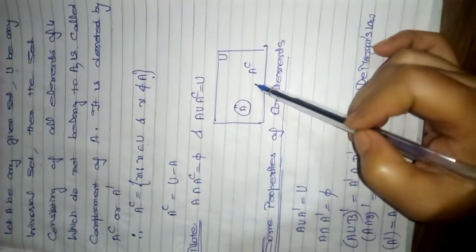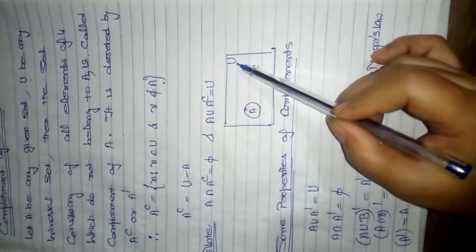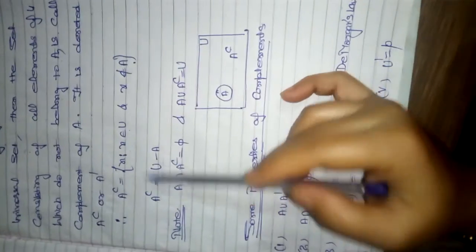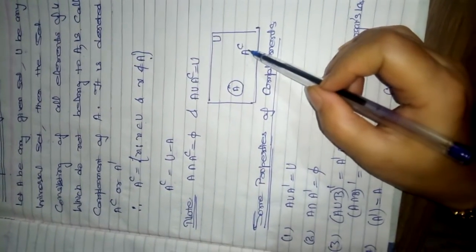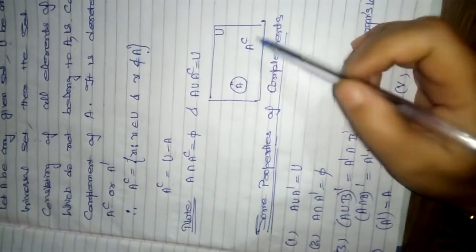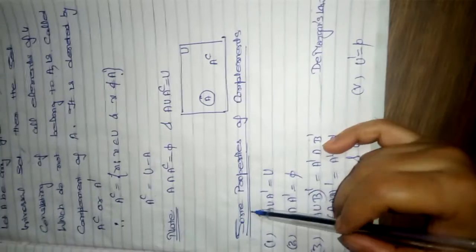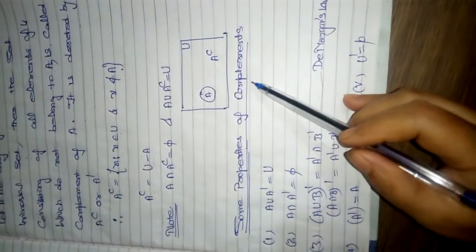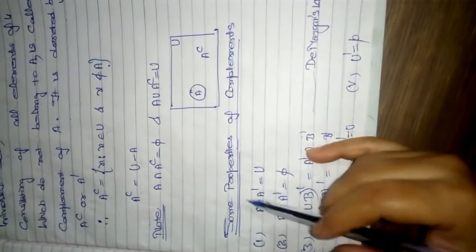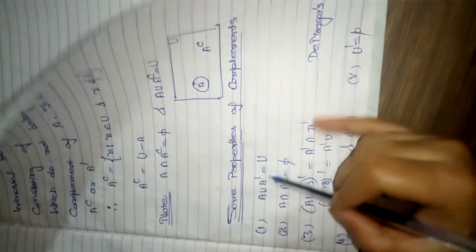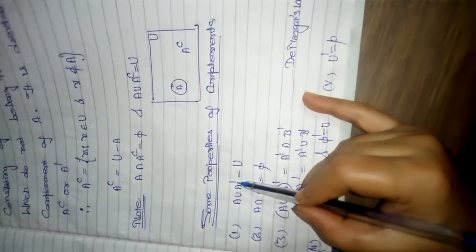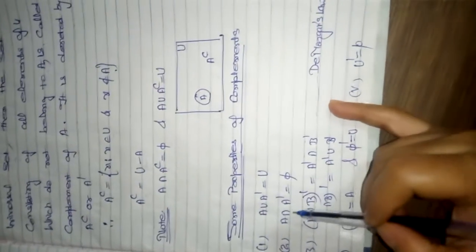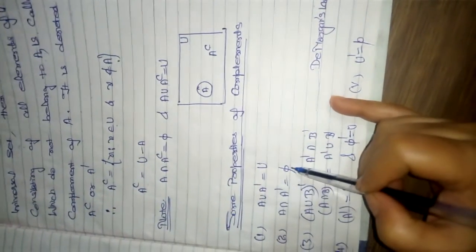So this is the Venn diagram of this. U is the universal set, set A is any given set, and what is A complement? A complement is U minus A. Now some properties of complements. I am telling you here some properties of the complement which you can use in the questions. A union A dash is equal to U. A dash means complement, and A dash dash is equal to A. A intersection A dash is equal to the empty set.